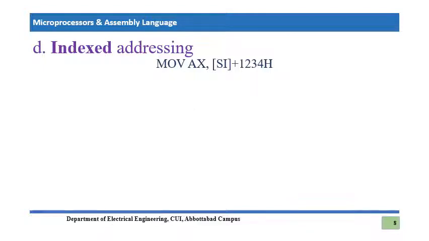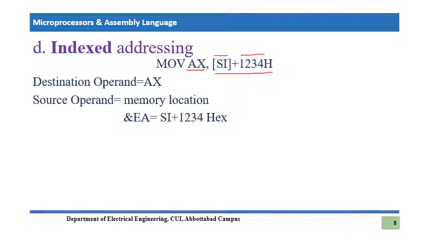So this part is our memory part or memory location, because we see this square bracket here, and this is the index register, which is source index plus 1234. It is a 16-bit displacement, and that thing is AX. It is going to be our destination operand. So destination operand is AX, source operand is memory location, and effective address will be the calculation of summation of SI